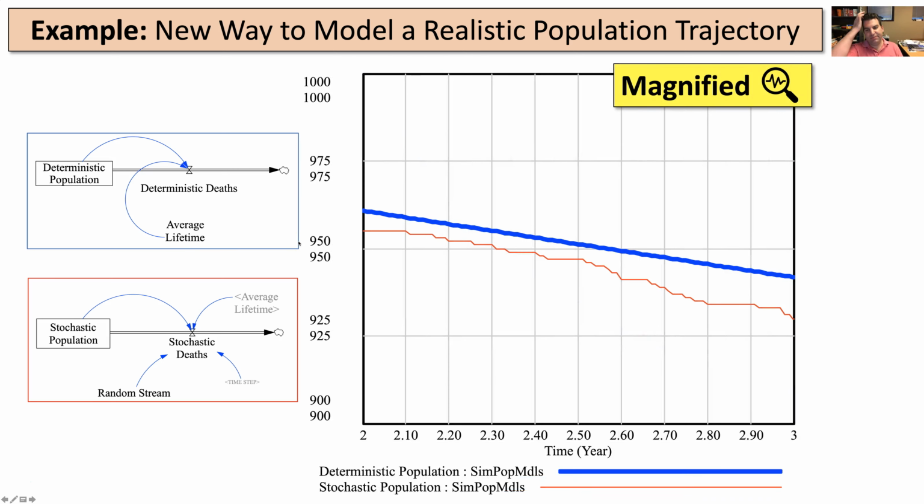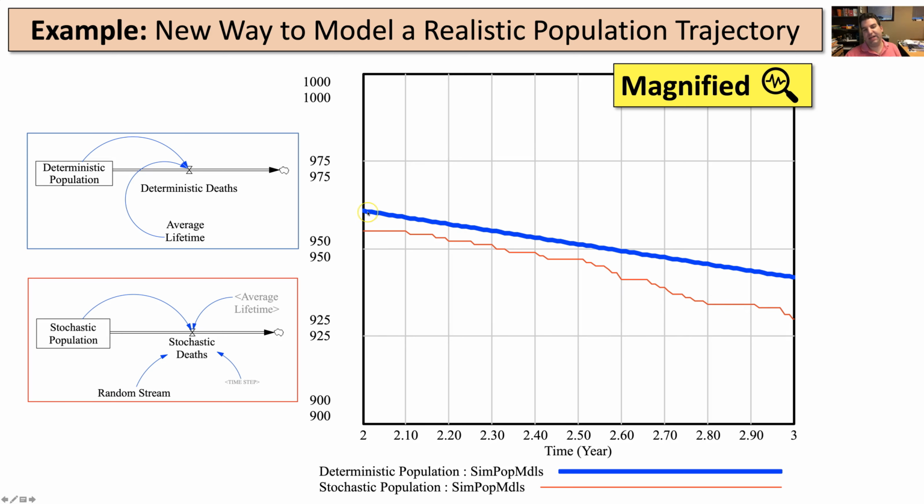If I zoom in on a particular portion there, I see that, yes, it does deviate from the average here. You can see it holds a steady value until some time in the future where it jumps down by 1 and then holds that value and then jumps down by 1. And the time in between each jump seems to be variable. So that is what we want. We wanted variable times in between these jumps.